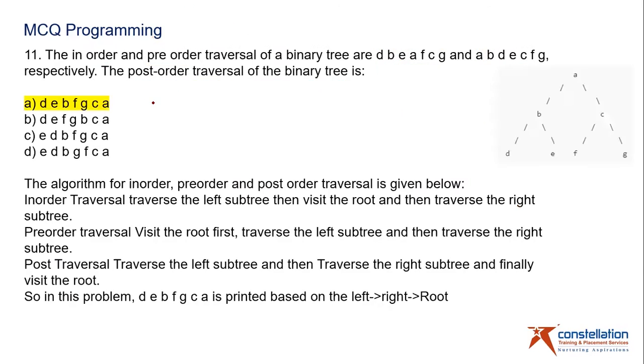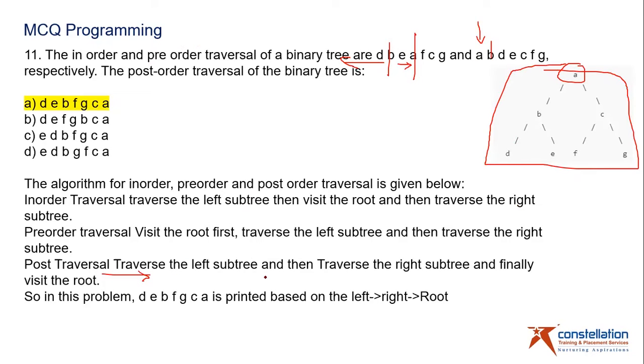I have given the whole detailed explanation over here as well, and I have made the tree as well. So you can look at it. In the pre-order, you get the parent first, so you separate it, then again you get the parent, again you separate this on the left, this on the right. In the same way, if you make the tree, it becomes very simple because the post-order traversal is the left subtree, the right subtree, and finally the root node, the parent. So 1, 2, 3, and then 4, 5, 6, and this becomes the 7th one. This is how the post-order is.